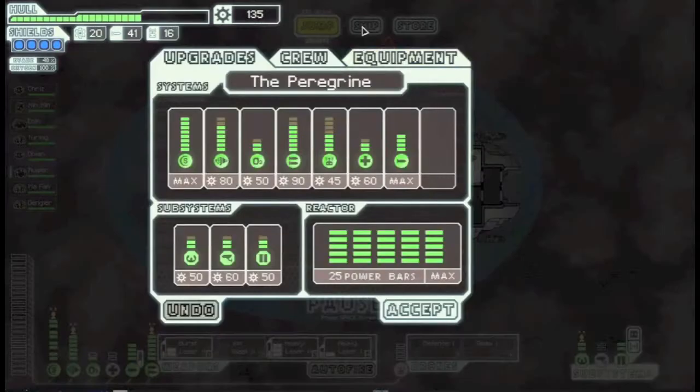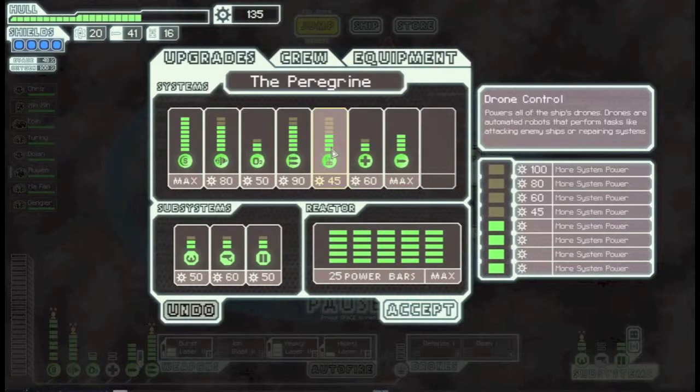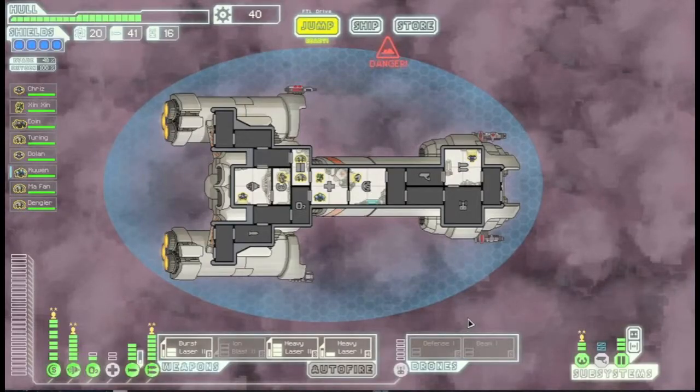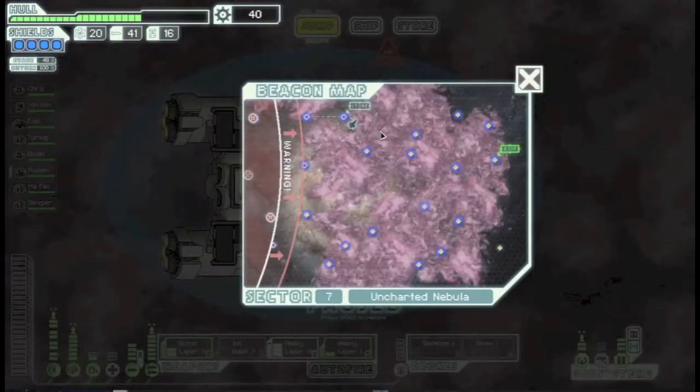So now we have 135 scrap. What do we do now? More drone bay. I guess 3 doors, and that's all we can do. 3 doors. That's crazy. I don't get the chance to buy 3 doors very often because we don't have enough